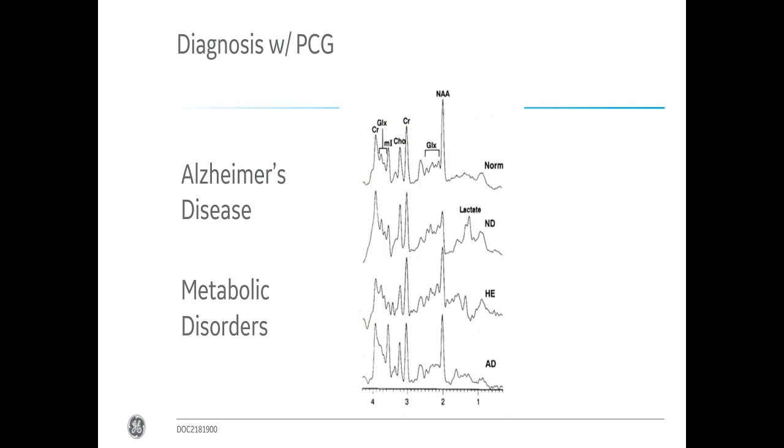So it's not like you're putting a patient in and you don't know exactly what to expect. So even though, for example, the decrease of NAA is not very specific to a single disease,